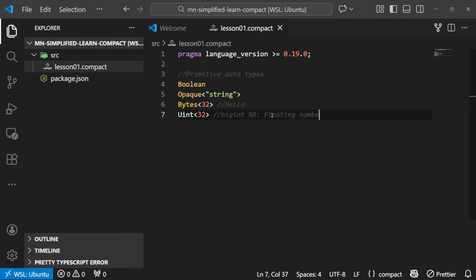Floating numbers are not allowed. That means if you're going to use floating numbers, maybe define the specific amount of a coin, say maybe 5.25 USD, something like that. You have to find a way of scaling that number. We also have